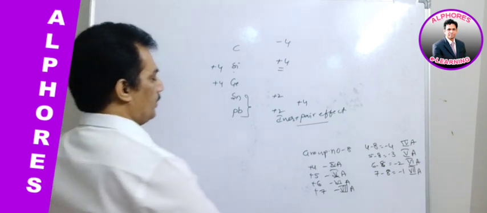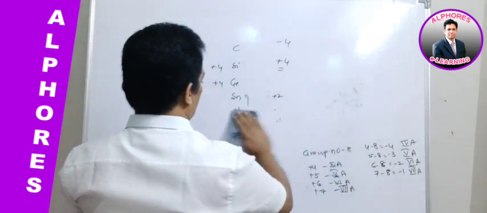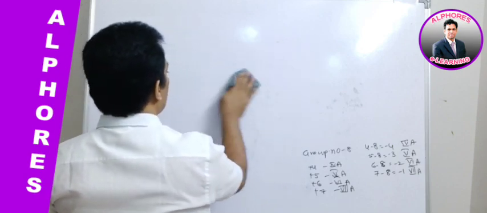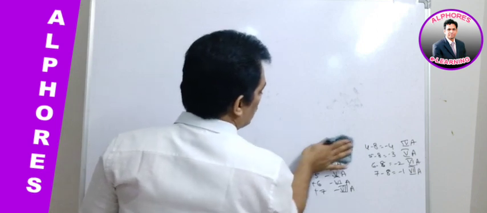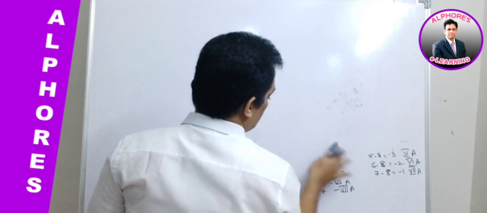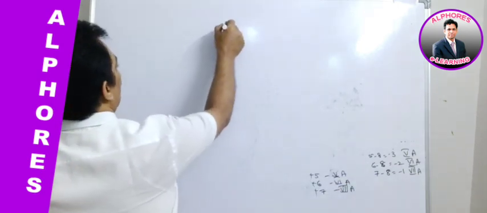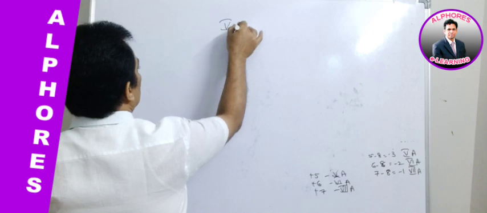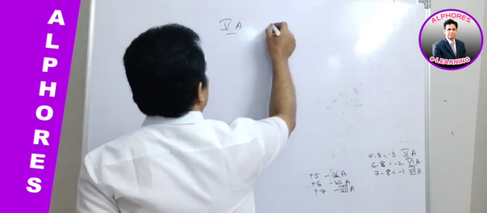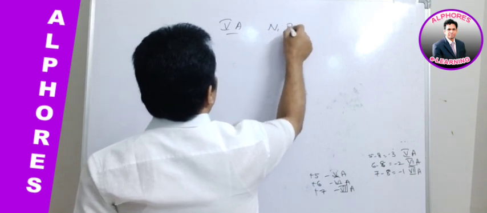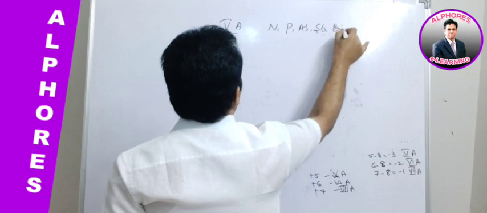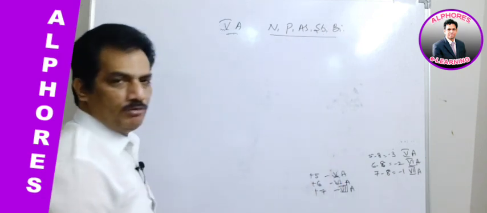Clear? And now coming to 5th A group. In 5th A group, most frequently appearing element is nitrogen, and thereby we should have an idea about that nitrogen. 5th A group elements. Dear students, are you having idea about these group elements? Let me give that. It is nothing but nitrogen, phosphorus, arsenic, antimony and bismuth. These are the elements that are present in 5th A group.